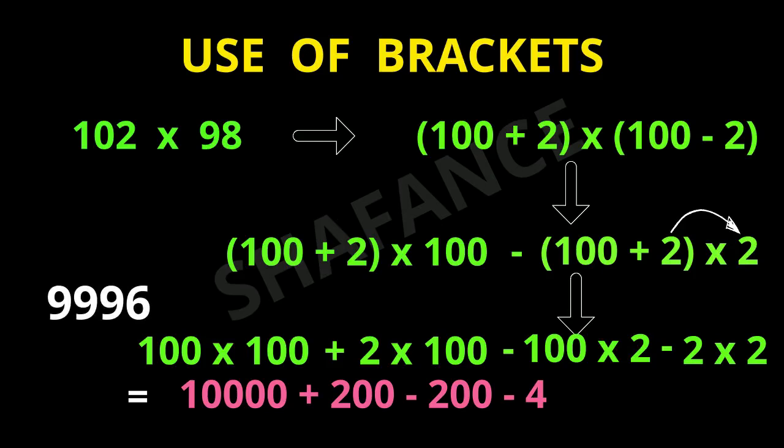So what we have seen in this is that when we use the brackets, we can do the operations when there is multiplication or even a division sign. When there is a division or multiplication sign outside the bracket, then instead of solving inside the bracket first, we open the brackets and we multiply as we have seen over here. If there's a division sign, then we can do the division. So this is how we use the brackets.